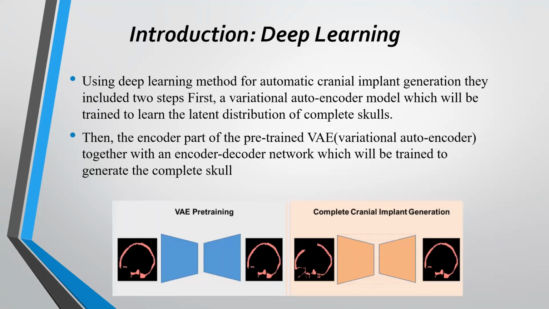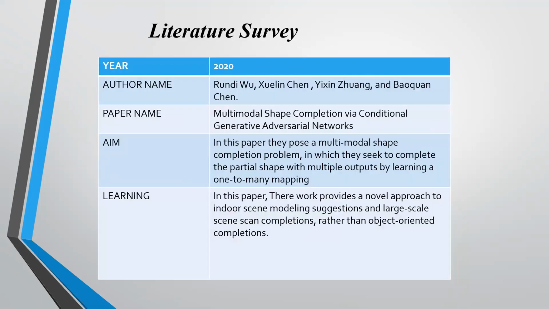The model mainly uses a probability density feature. In the model, the images are trained, and they assign the highest probability value to the skull of the human. So the model will generate or predict where there is a lower probability value. Thus, from the trained model, it will be able to generate new examples that are similar to the original data set. And coming to the literature survey part.